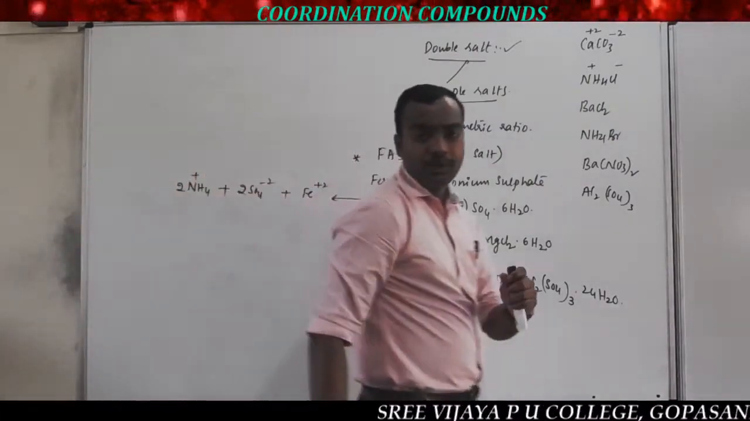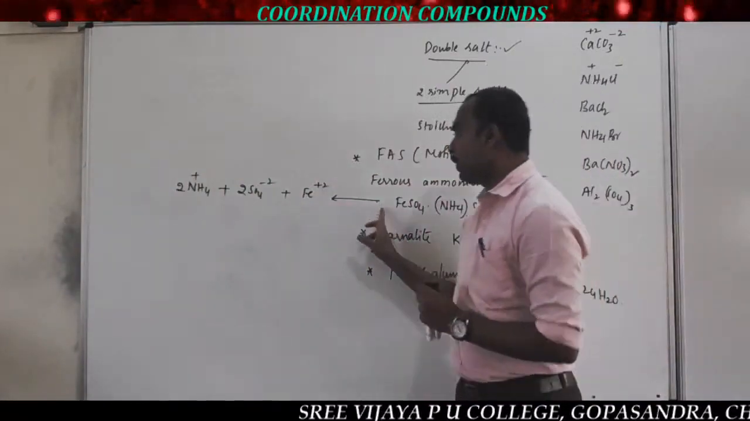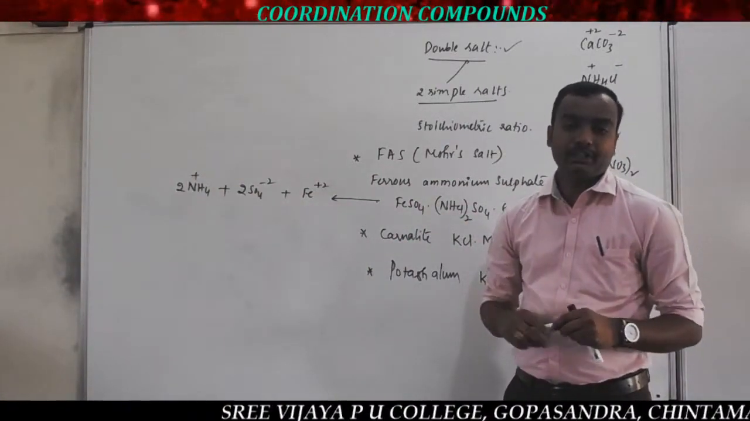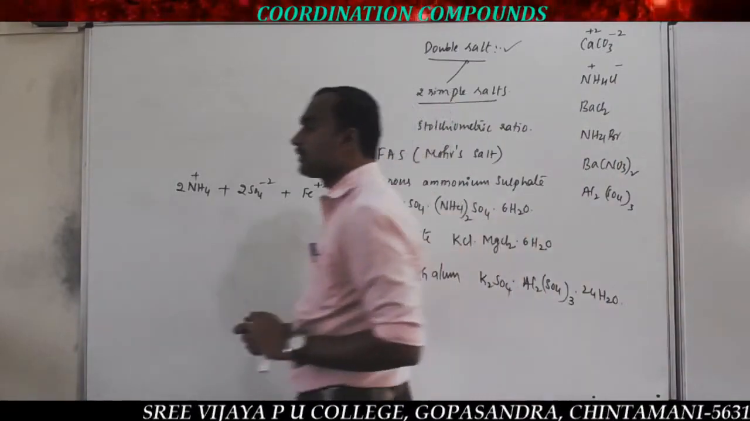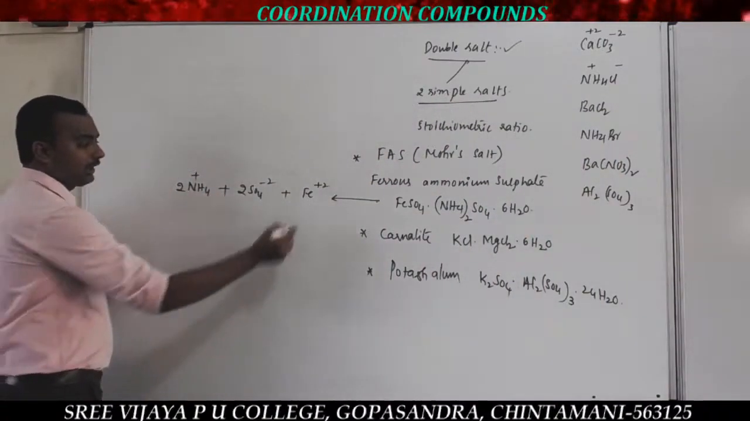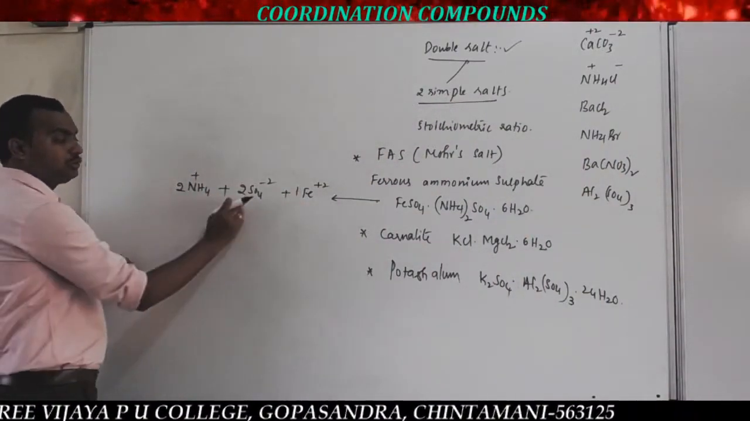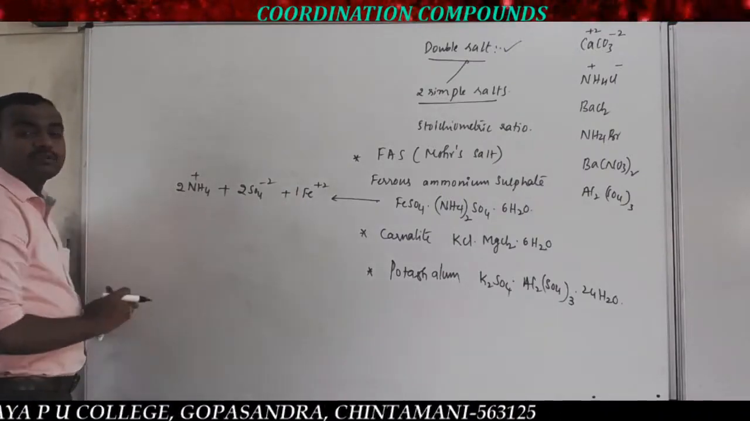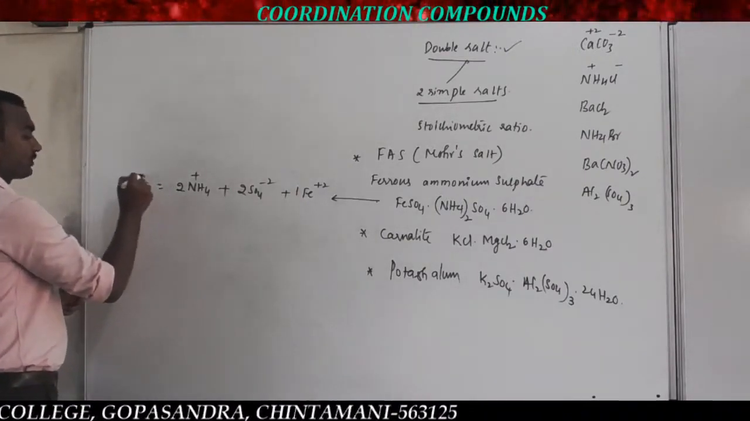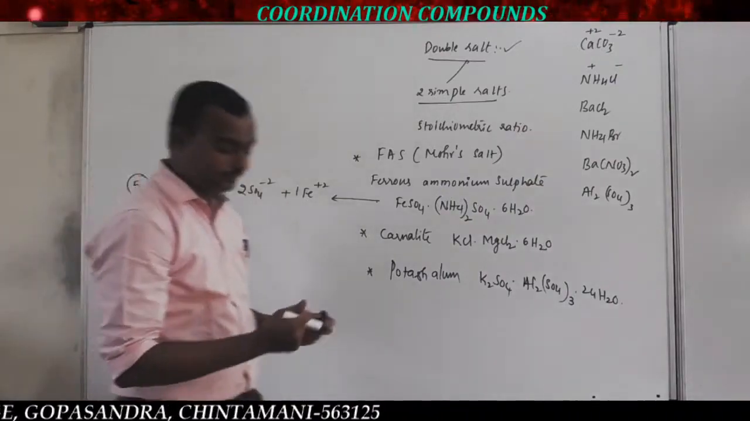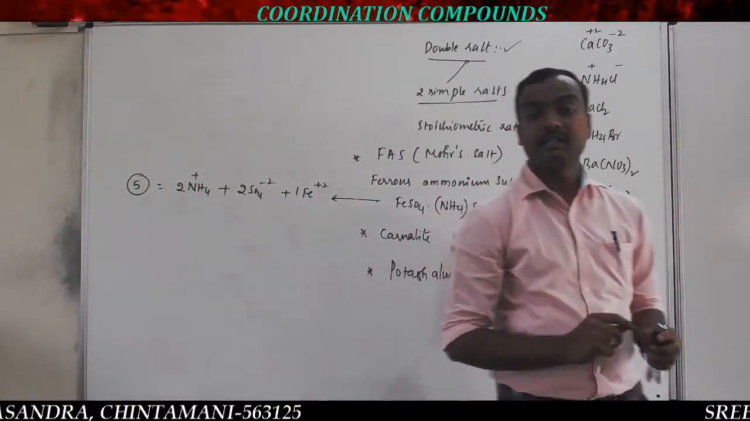So here 1 mole of the ferrous ammonium sulfate, when it is dissolved, when it is under ionization in water, how many moles of ions are formed? Total count ಮಾಡ್ಕೊಳ್ಳಿ, 1 mole of ferrous ion and 2 moles of sulfate ion and 2 moles of ammonium ion. Totally how many moles? 5 moles of ions are formed when 1 mole of ferrous ammonium sulfate is dissolved